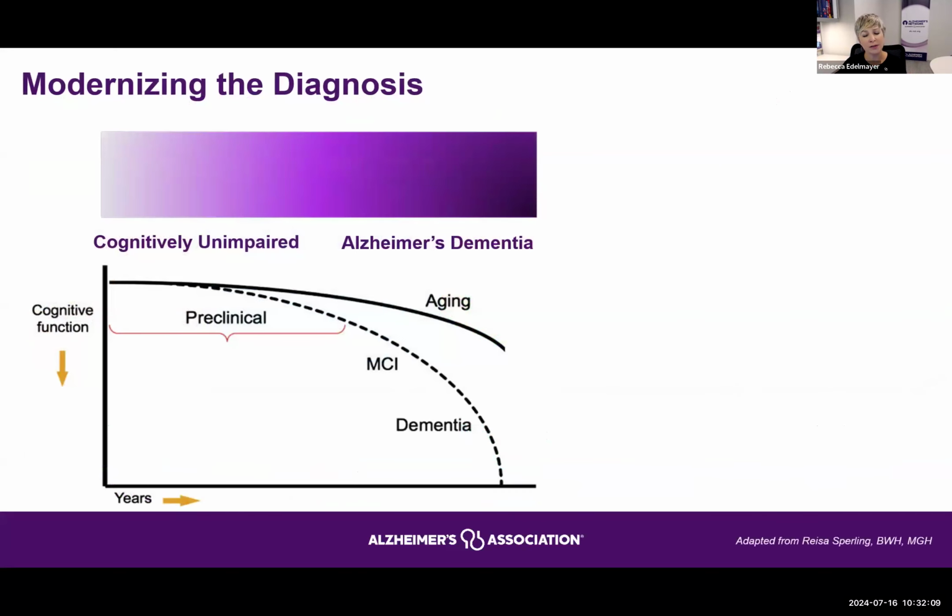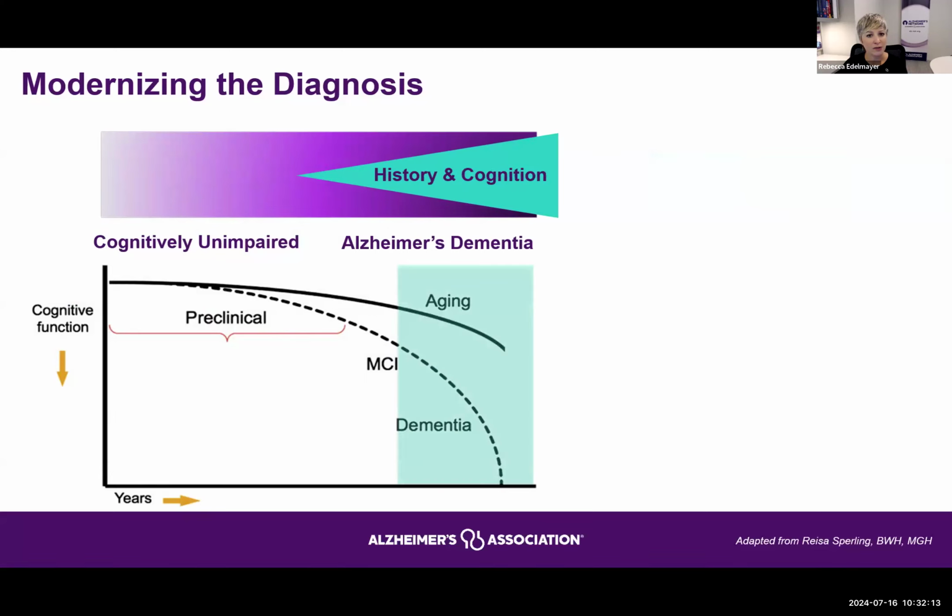And this is really helping us to change how we do the diagnosis of Alzheimer's disease. We used to only diagnose people at a very advanced stage of aging, once they already had the symptoms of dementia. If you remember that disease continuum time course I showed you, that was using medical history, maybe family history, and changes in their cognition.